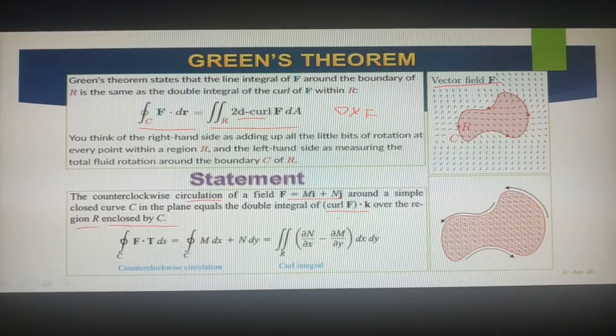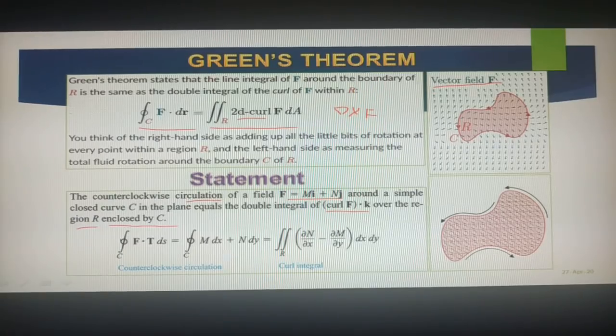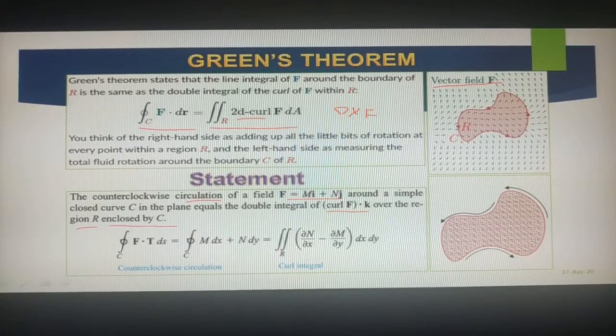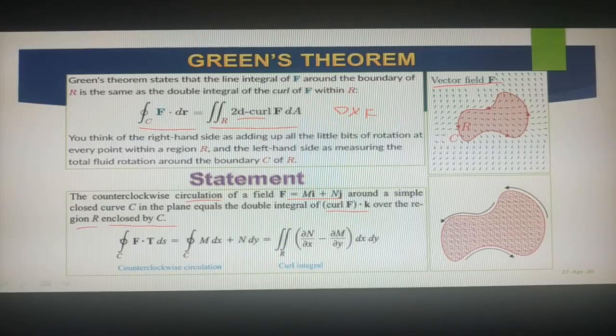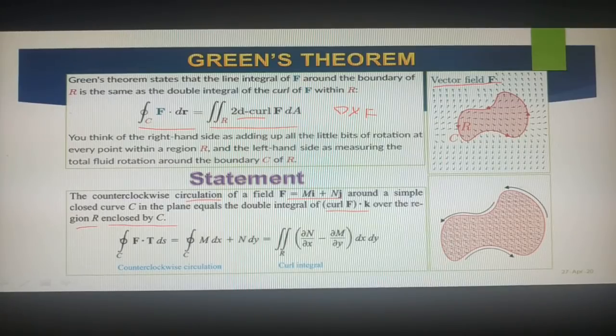See here I just multiplied curl f dot k, because this rotation, when it is rotating at some point, has its orientation in the k direction. Take your right thumb, close your fingers, and assume that it is rotating around the thumb direction, right? So now let me find del cross f bar.